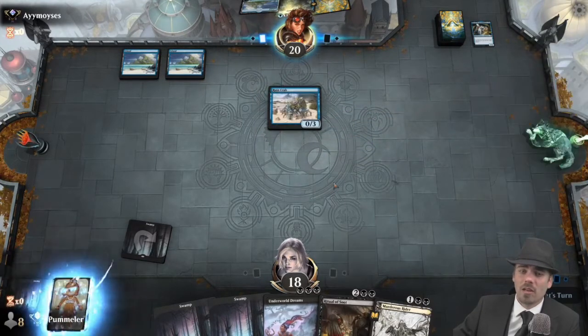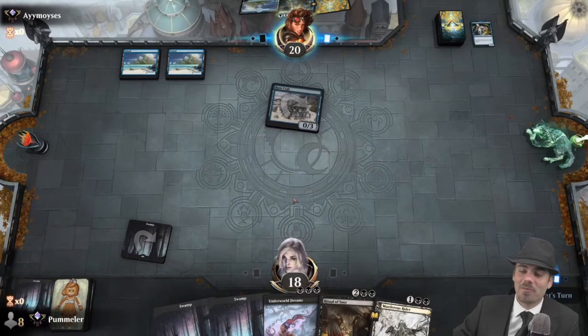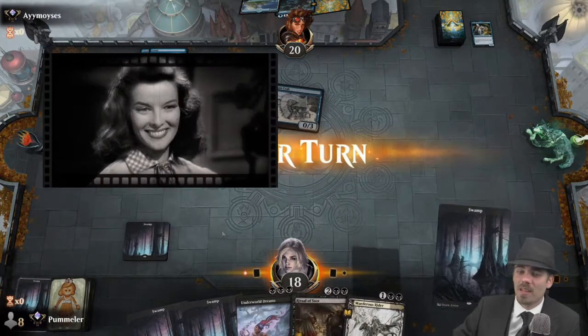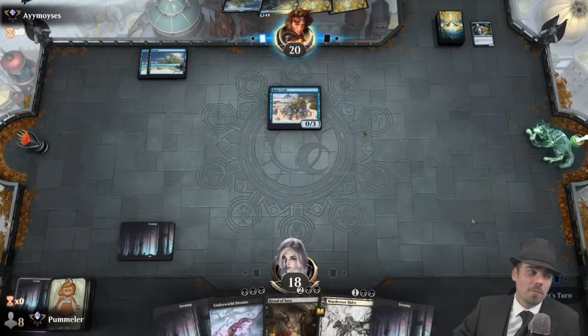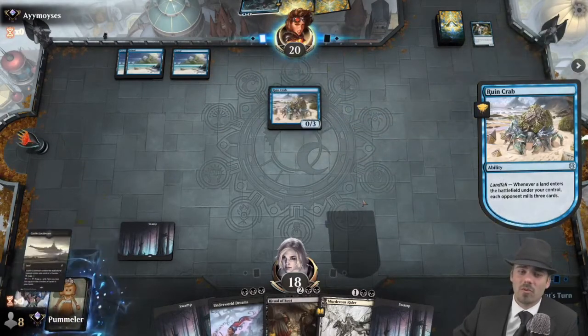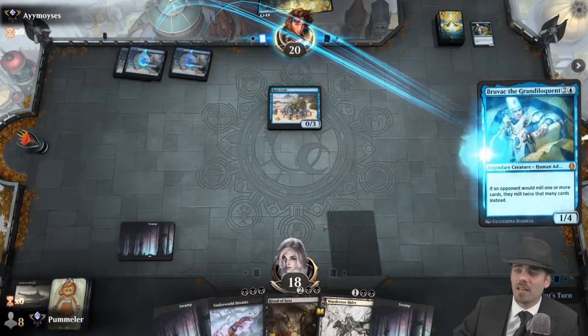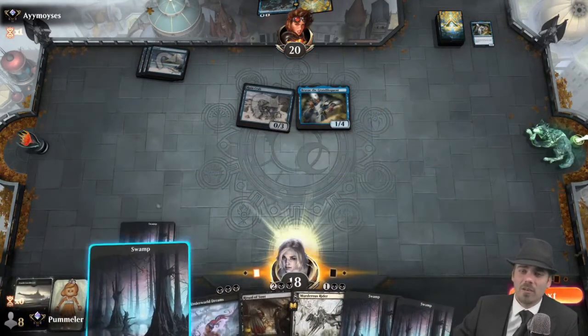Opponent going to hit us with that Ruin Crab Mill and the Ruin Crab Beats. We have learned our lesson, opponent. We have learned our lesson to be certain. Please, sir, may I have another, as they say. All right, Ruin Crab. Doing Ruin Crabby things. Another Bruvok! Oh my gosh. All right, well, fine. We were thinking about